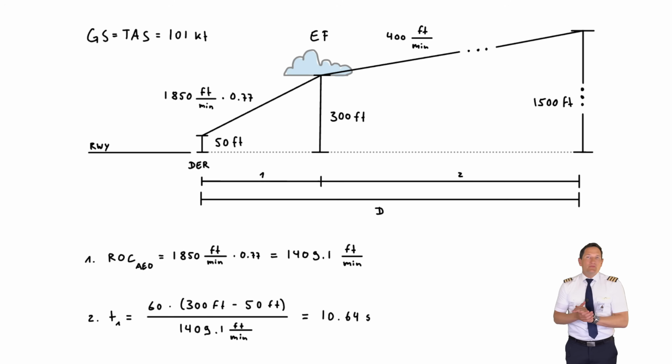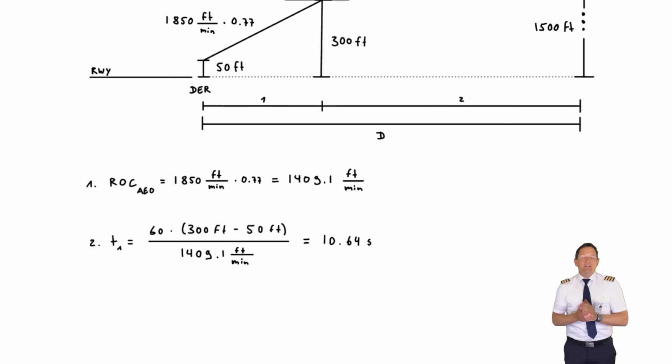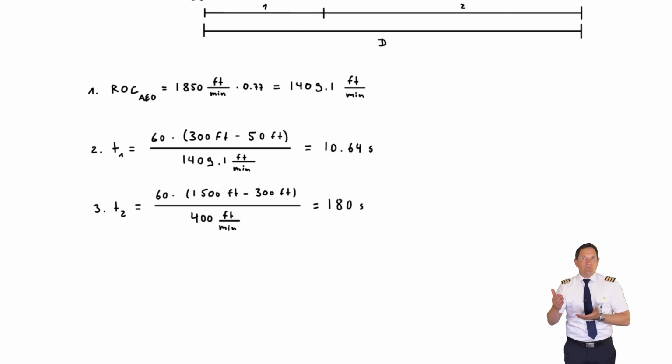So 1,409 feet in 1 minute, or 60 seconds. How long for 250 feet? Quick rule of 3 calculation equals 10.64 seconds. Then we need to calculate the time for the second step from 300 feet to 1,500 feet with only one engine running at a given climb rate of 400 feet per minute. Next step is to add the 2 times together